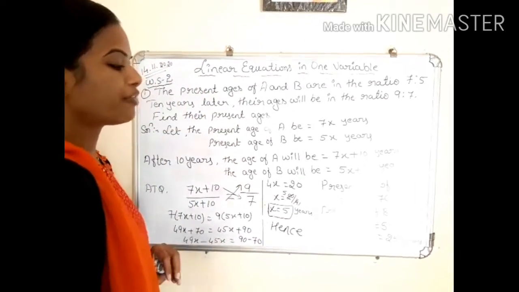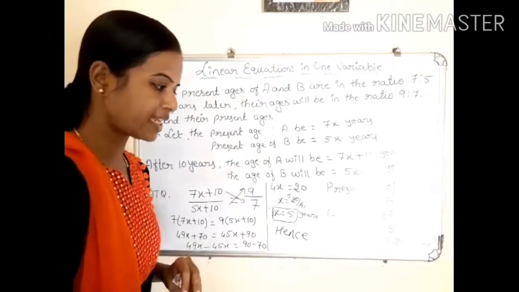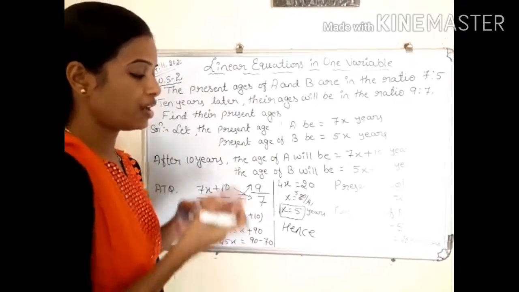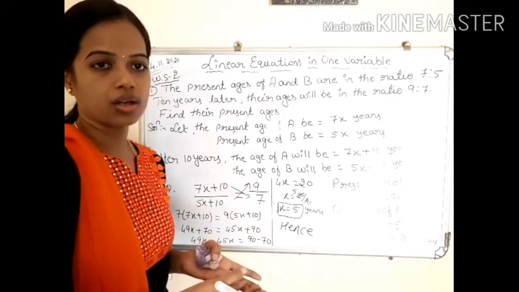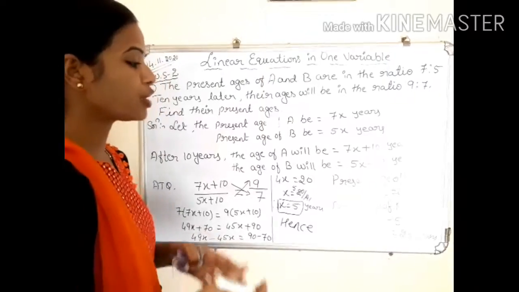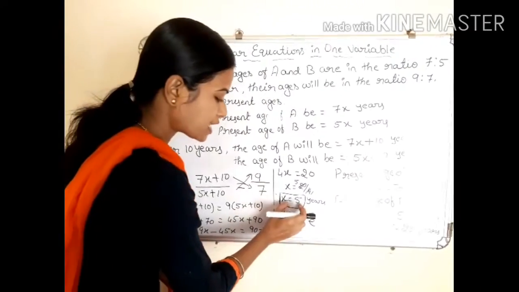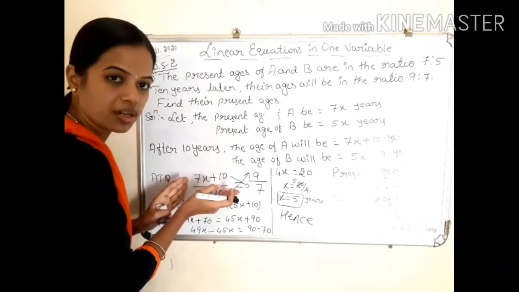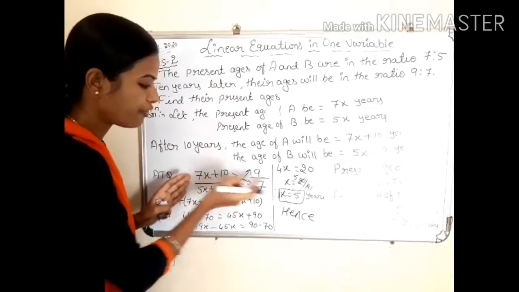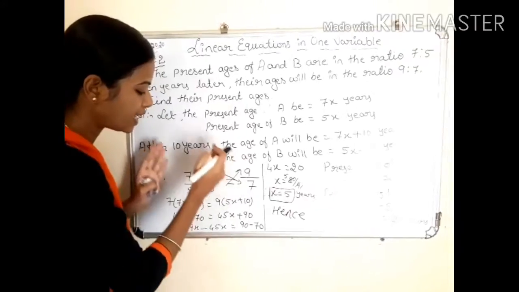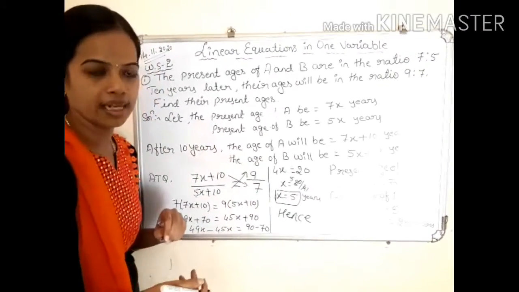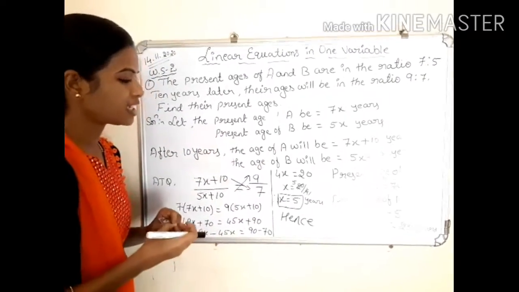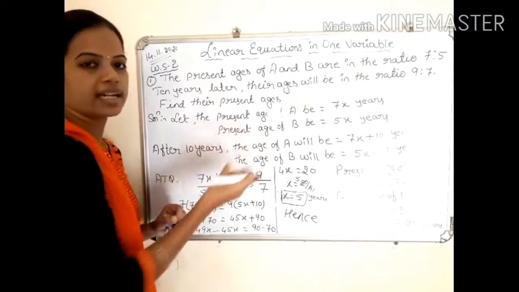And also you can verify the answer in your examination if you have doubt whether the x value we got is correct or not. If you have any doubt, you can substitute the x value. The x value that you got, you have to substitute in the equation that we did here. So if you substitute this value, you will get RHS and LHS similar. Then you can justify whether the answer is correct or not.